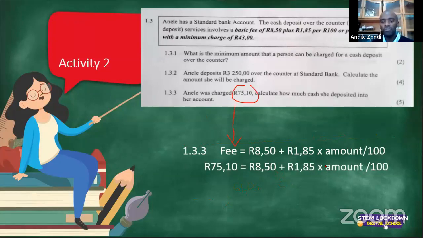How do you move all the values? This is added to 850. If I'm removing 850, remember, I'm solving for the amount. Every value must move to the left-hand side. I'm adding it on the right-hand side, so on the left-hand side I'll do the opposite, I'll subtract. To remove 850 on the right-hand side, I need to subtract 850. If I subtract it on the left-hand side, I must subtract it on the right-hand side. And then after that,